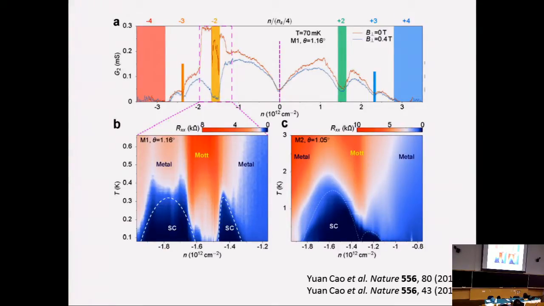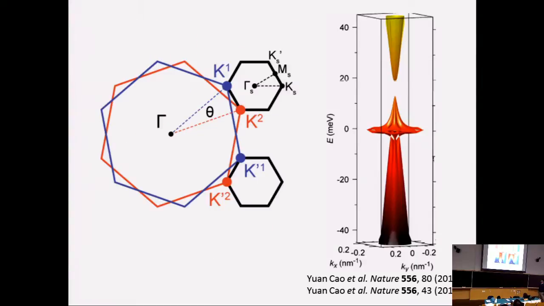Okay, now let's see. So how should one think about this? Well, imagine at first that you start by decoupling the two graphene monolayers. So there's no interlayer hopping for just a second. Then all you have is just two copies of graphene, the top and the bottom layer. And each one of them is going to have a Brillouin zone. Let's say the top one is marked by the blue and the bottom is marked by the red, but because